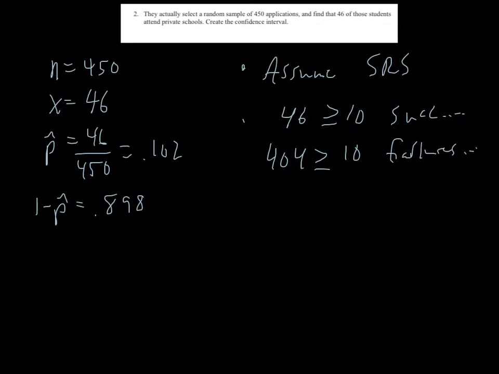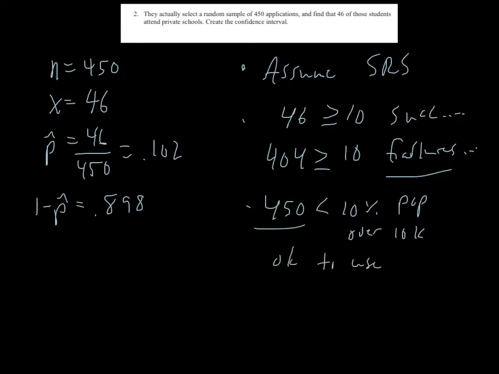Couldn't be any more sloppy, and that word is failures. Okay, and then 450 has to be less than 10% of our population of applications. And so the population of applications was over 10,000. So if you just said it was 10,000, 10% of 10,000 would be 1,000. 450 is definitely less than 1,000. So what we'll say is it's okay to use a 1 proportion